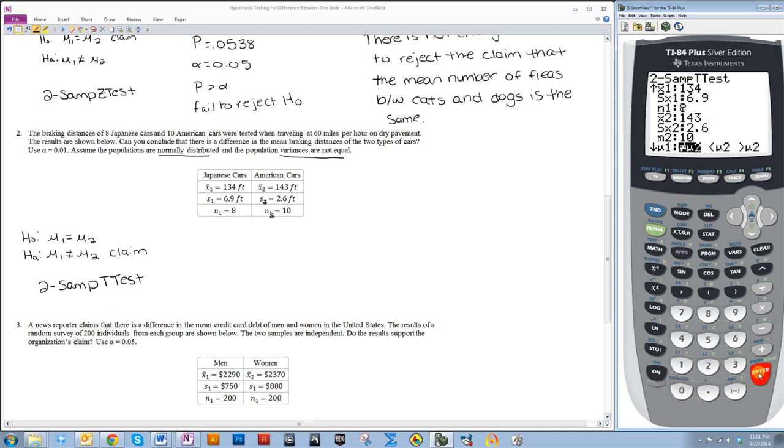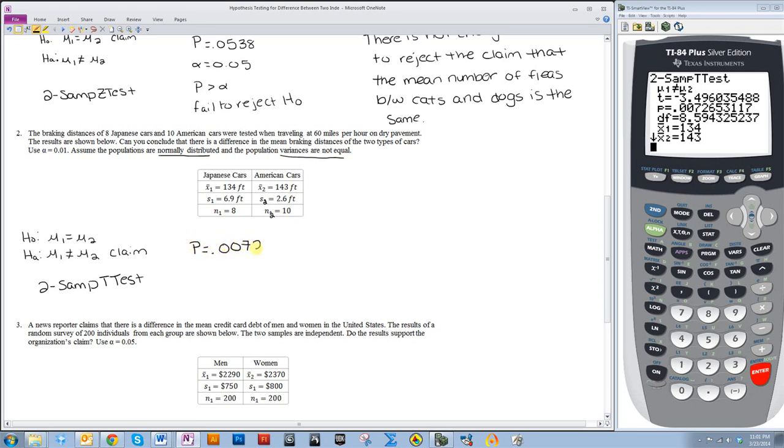Now it's going to ask us to highlight the alternative hypothesis, which is already highlighted from the last example. It was the same thing. And here it's saying, is it pooled? So are the variances equal? No. Make sure no is highlighted. Then highlight calculate. P is equal to 0.00727. So in this case, P is less than alpha, so that means we reject